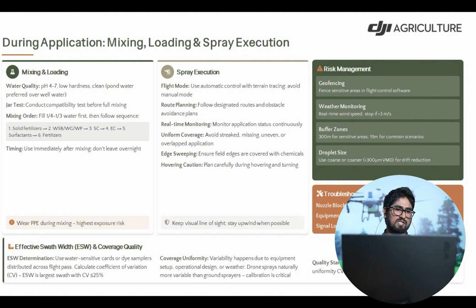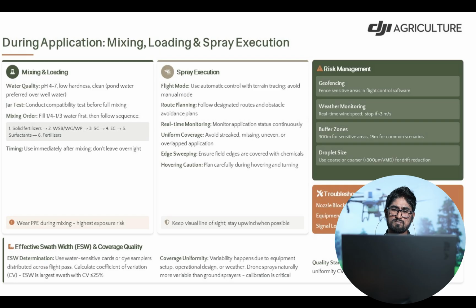The effective swath is the larger swath with a coefficient of variation less than or equal to 25%. Then coverage uniformity. This type of variability happens due to equipment setup and operational design or weather incidents.